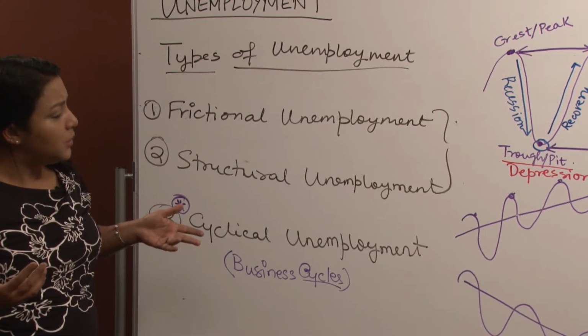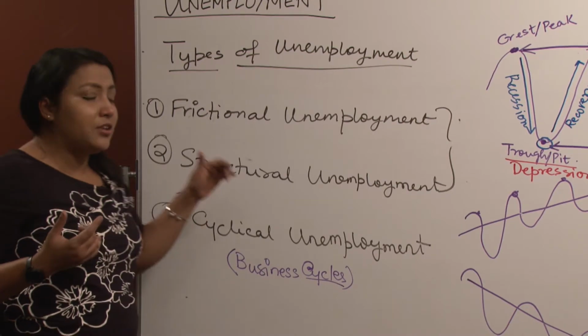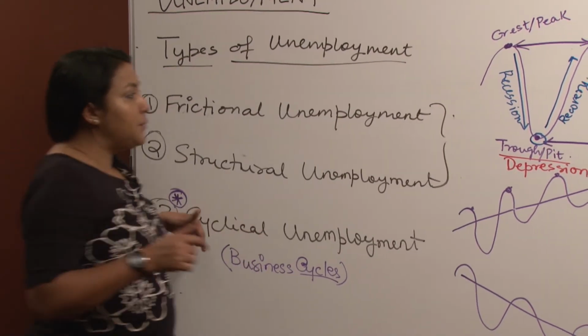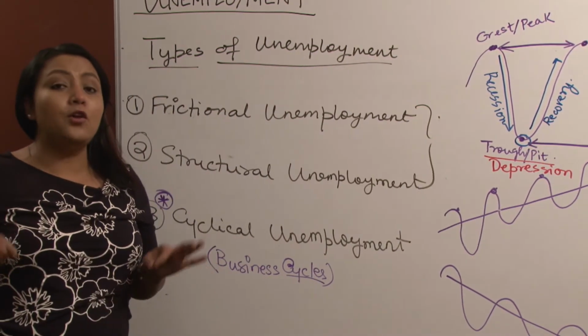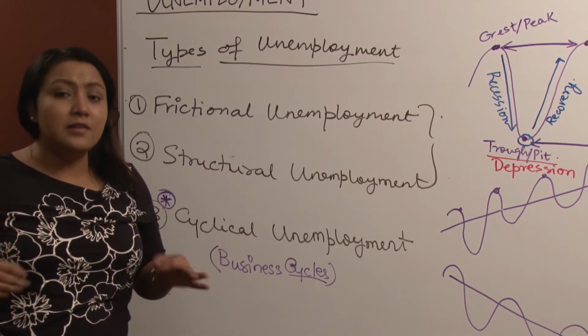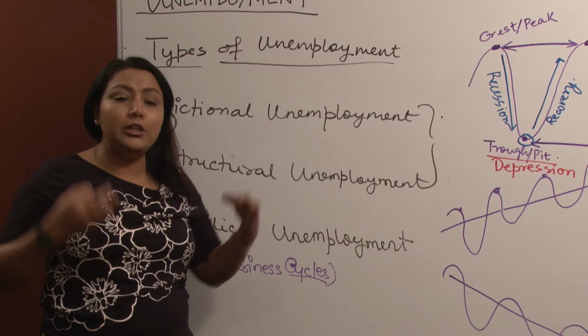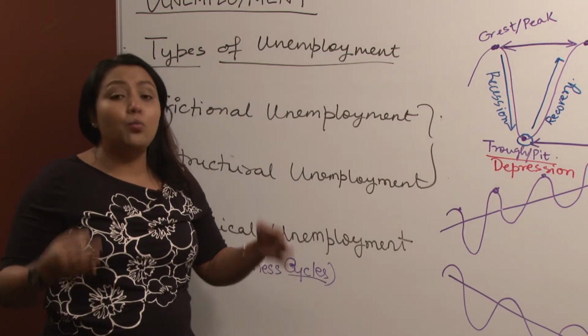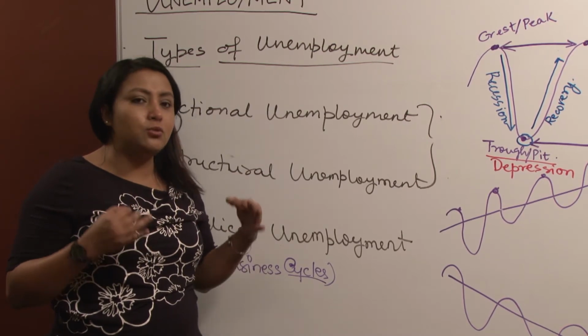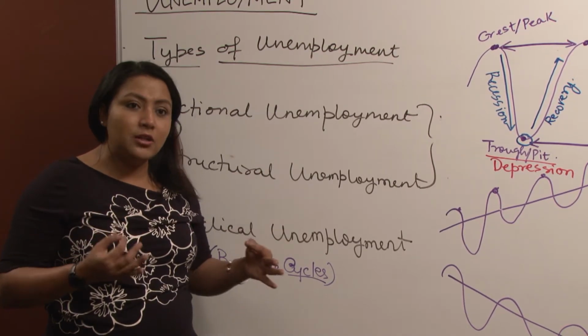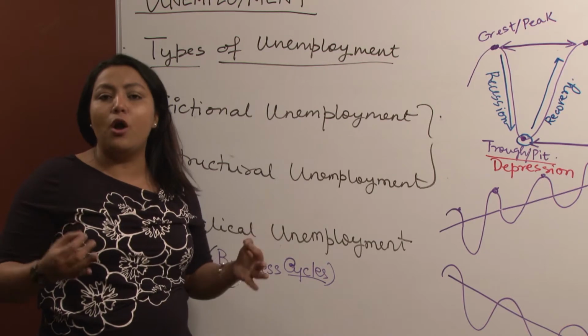Now you can ask me, how do you know that a recession has become a depression, or for that matter how do you even know that a recession has started? Well, it's an official declaration. It is the government that needs to officially announce that, okay, we are now in a recession, and it is the government that officially needs to tell you that, okay, the recession is bad enough to be called a depression.